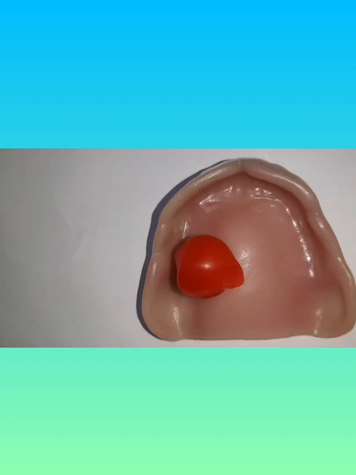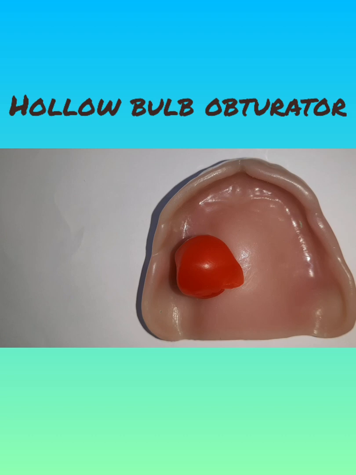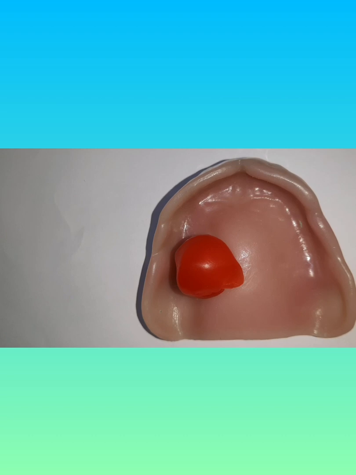Now, what are the types of definitive obturators? There are two types of definitive obturator. One is a closed hollow bulb design, another one is an open obturator design. The hollow bulb obturator is a type of definitive obturator which is given approximately 6 months post surgery, as we have just discussed, and the bulb fabrication may not be necessary if the central palate defect is small, as I mentioned before also.